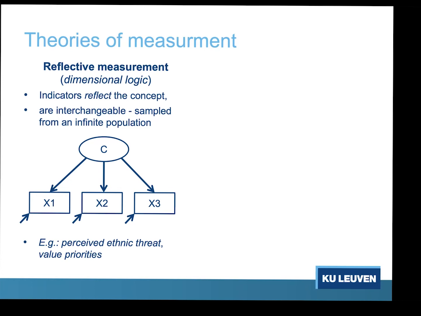And this is typically the logic that I have in mind when I think about, for example, measuring attitudes or values. When I want to measure attitudes towards a particular group in society, what do we do in surveys? We design several items that are statements about the outgroup that reflect directly or indirectly the underlying attitude towards this outgroup. And then indirectly, by means of the responses on these indicators, we make a claim about what the underlying attitude is. But it's important: the underlying attitude is first, and then the indicators follow from it, right?